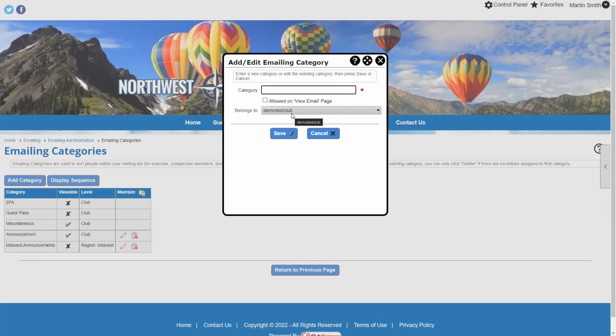So two things that we're going to talk about here. Allowing the email on the view email page. When you add emailing to the menu, it's not giving your members the ability to send emails to other members. That's not what that does. When you add emailing to the menu, and we're going to do that towards the end of our session today,